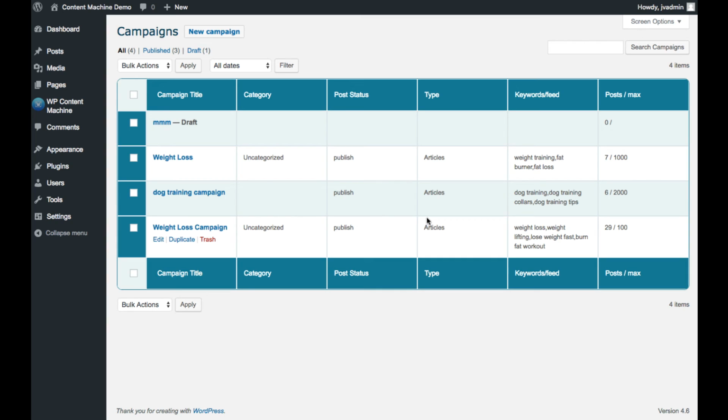The cons, again: this isn't a solution for blogging yourself. You still need to go out there, and especially if you want to rank for more competitive terms, get traffic and get authority blogs to link to you, you can't just take someone else's thing, rearrange the words and pass it off as yours.